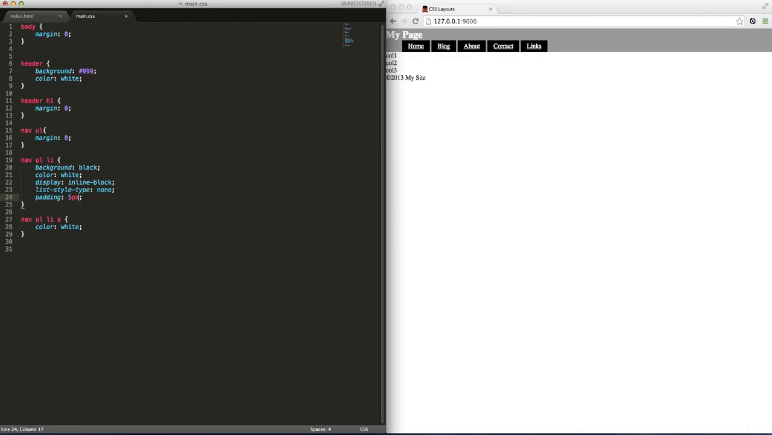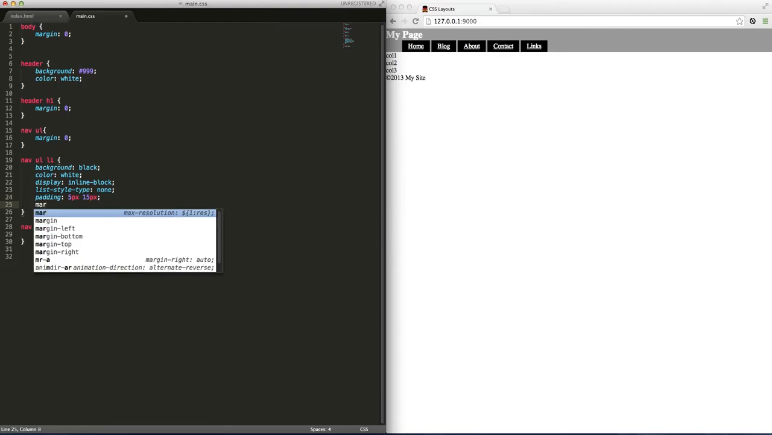So I'm going 5 pixels, 15 pixels. So that goes top, bottom, 5 pixels, left, right, 15 pixels. If I want it to be more detailed, I could also go 5 pixels, 15 pixels, 5 pixels, 15 pixels. Same thing. There's that. And then I also do want to drop margins to 0 because